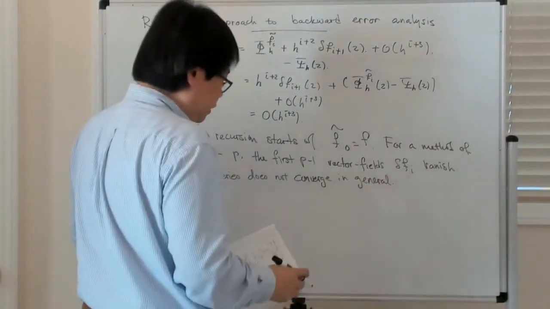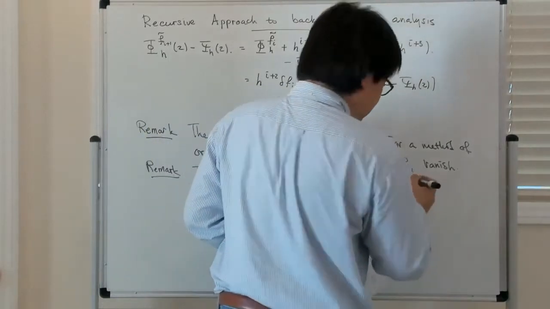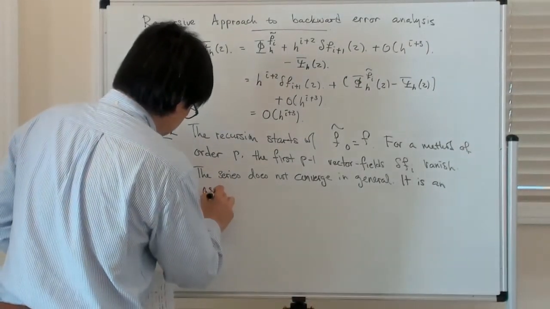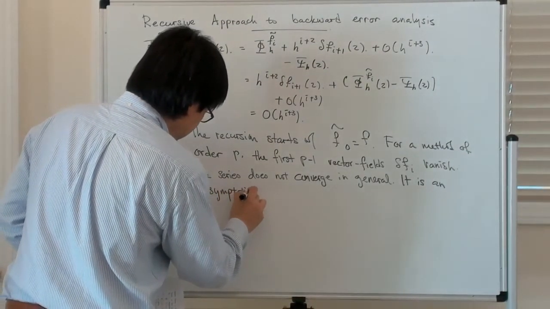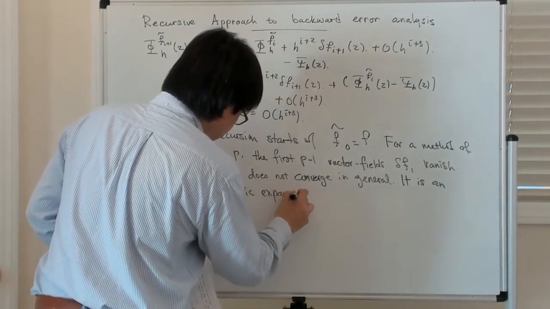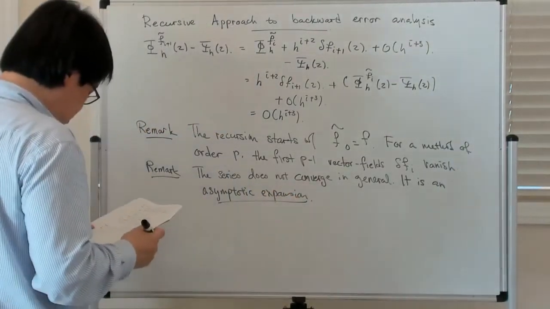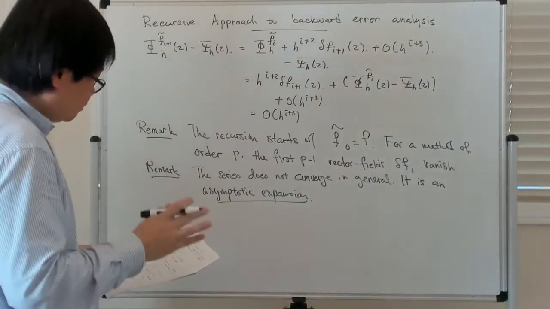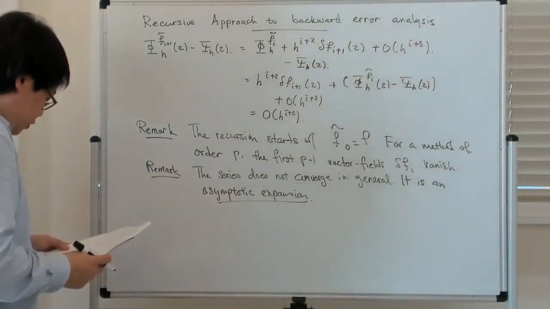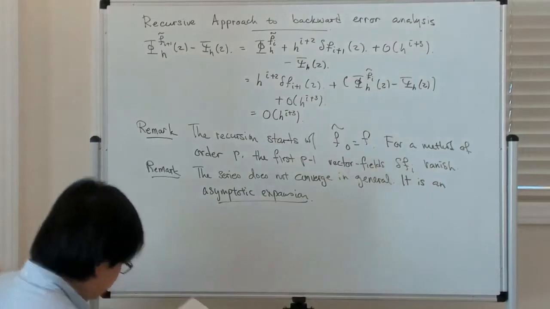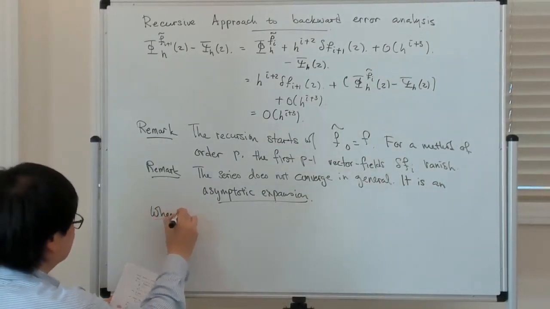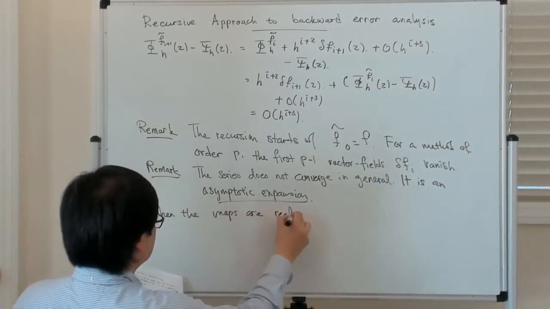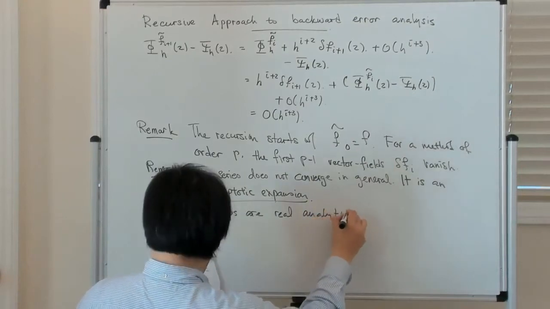Right? So it is not a convergent expansion, it's what's called an asymptotic expansion. Okay. All right. Then you might ask, well, what happens if it is only an asymptotic expansion? Then what happens is the following: when the maps are real analytic